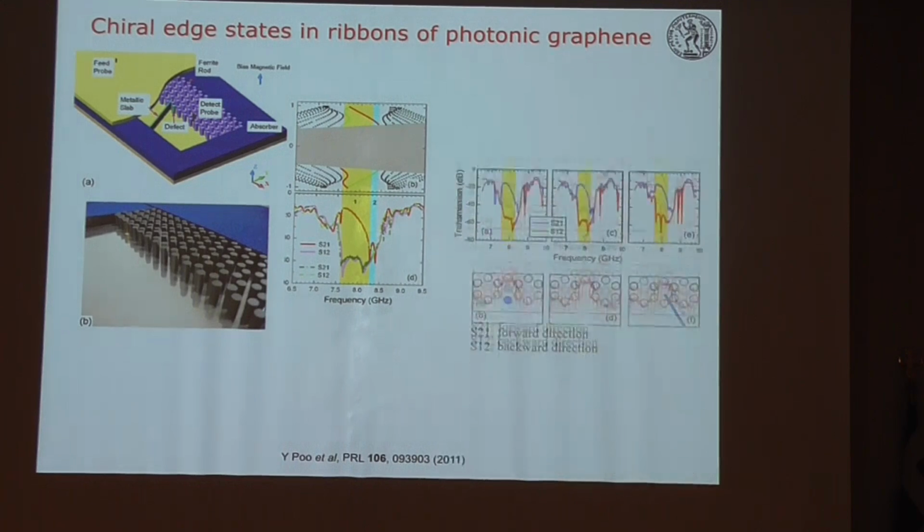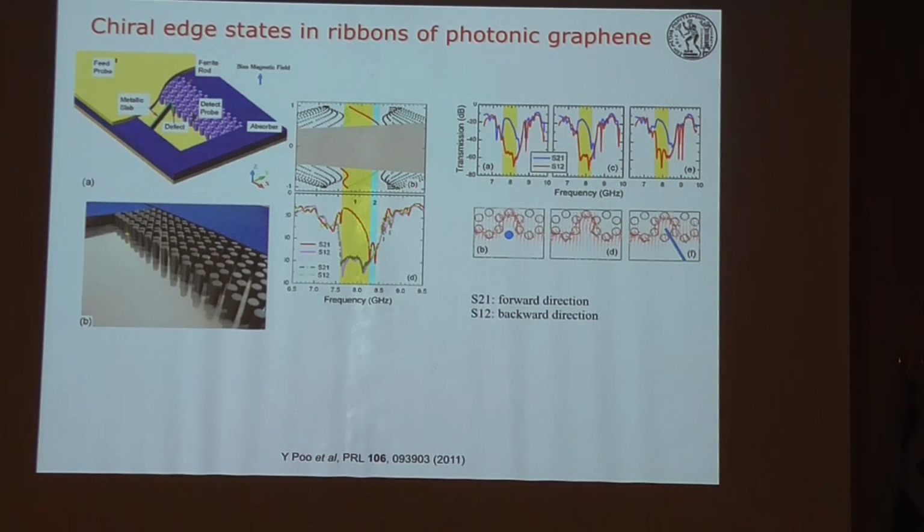at the two sides of the 2D photonic crystal. And as you can see here from these experimental measurements, we have differences in the transmittance, in the transmission for an input wave coming in this direction, and for a wave coming in the opposite direction. This is shown here, and these are chiral topological states at the two edges of this material, and